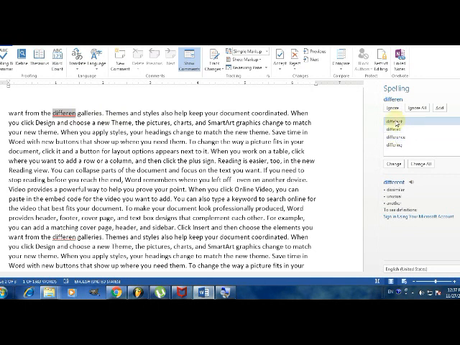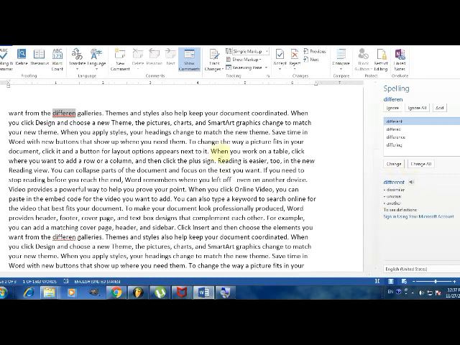So select it. After selecting that, you have to click Change. If you want to change all at the same time, then you can click Change All. And there's one more feature. If you want to listen to the pronunciation of this word, you can choose it. When you click on it, you will hear the correct pronunciation. Listen to it one more time. Different, different. Understand, all of you?